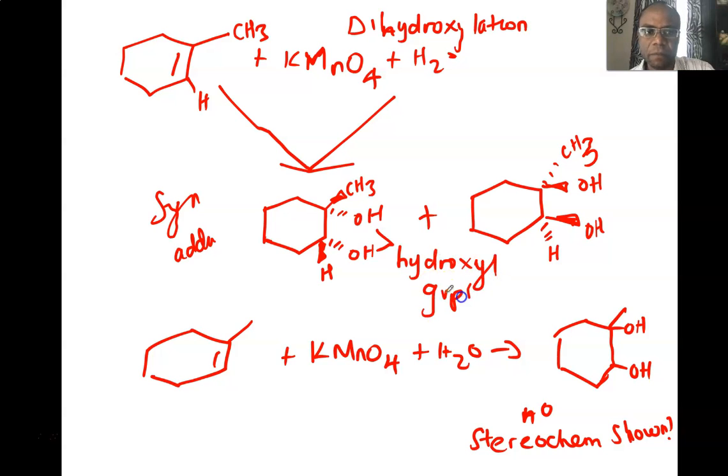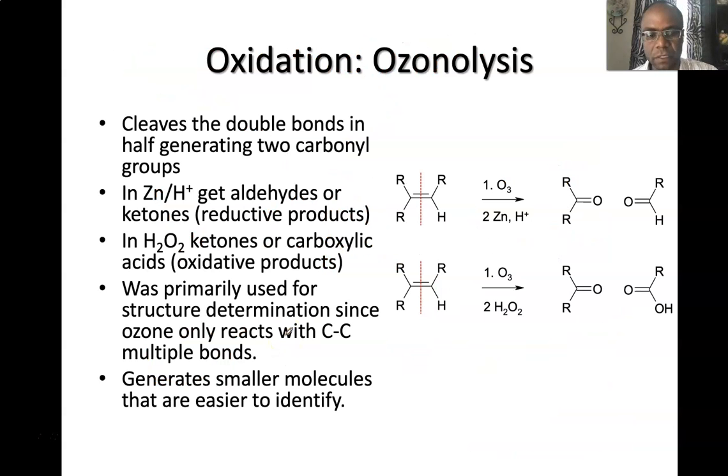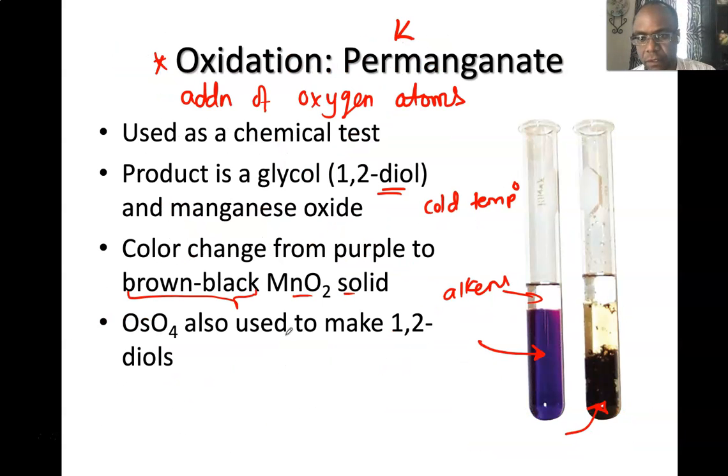There are 2 of them, so we call it dihydroxylation reaction, and we're using potassium permanganate. There's another reagent that does that, which is osmium tetraoxide. So if I do the same reaction,